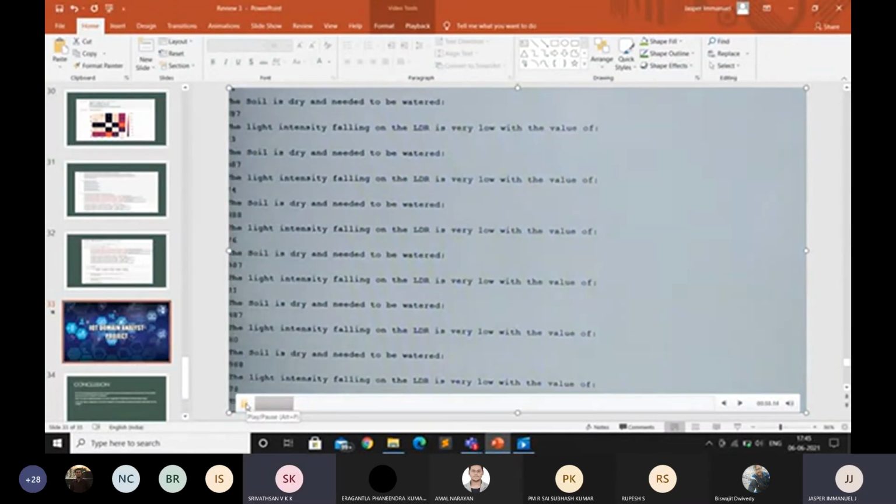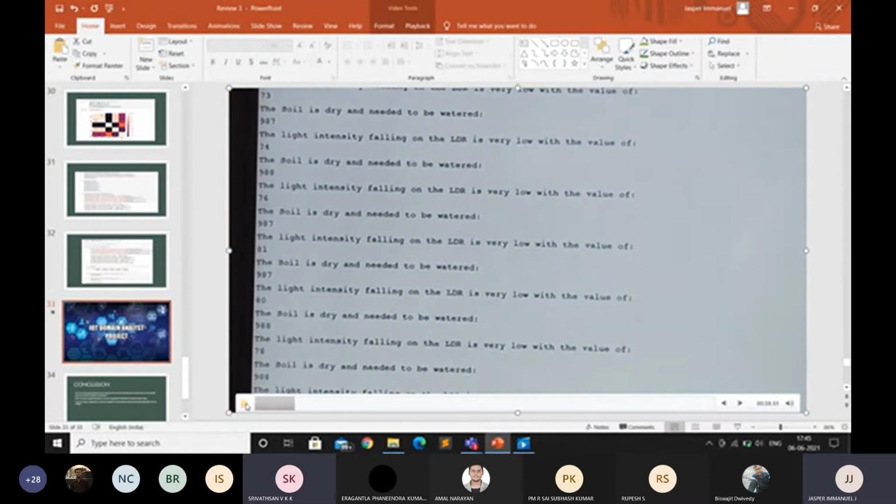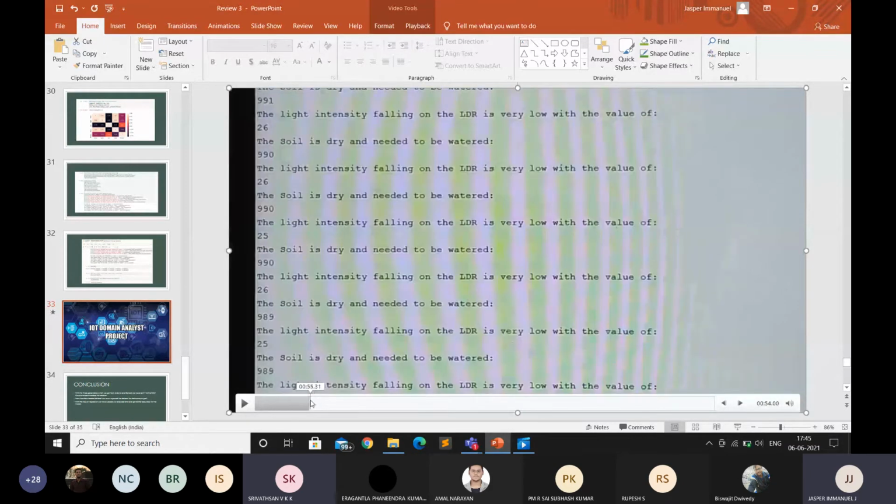So basically, when the light intensity falling on the LDR is very low and the soil is not watered enough, we could see here that the soil is dry and light intensity falling is very low, with values of 76 and 987. Just fast forwarding the video.